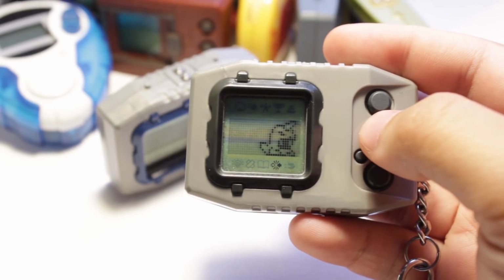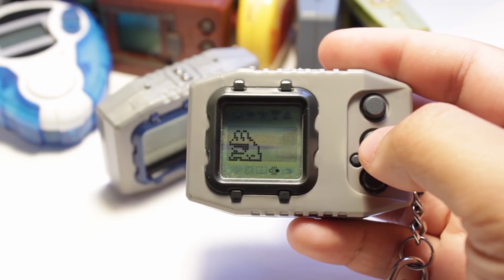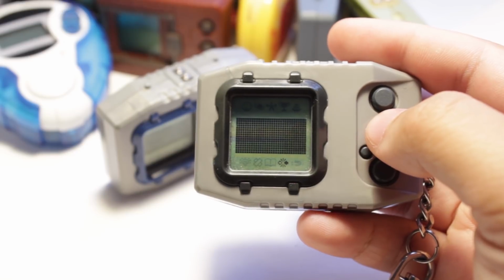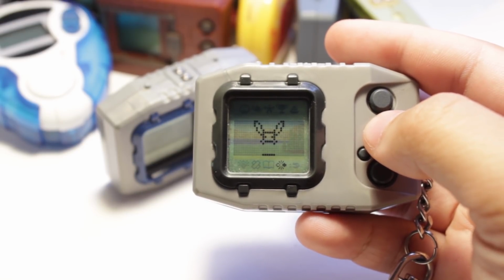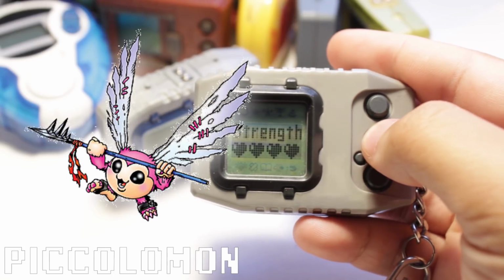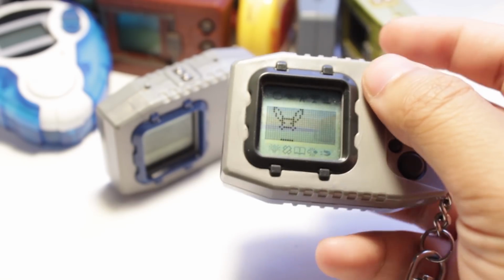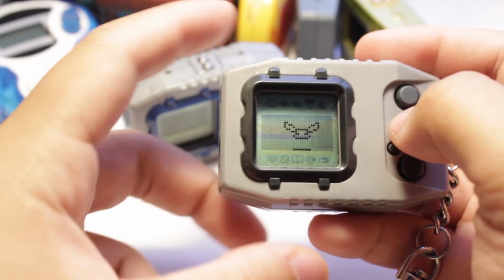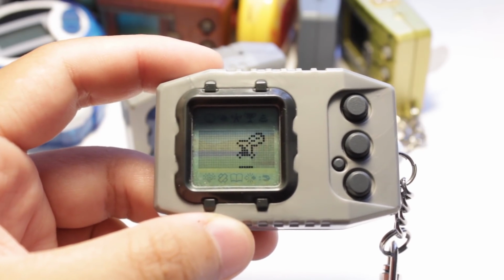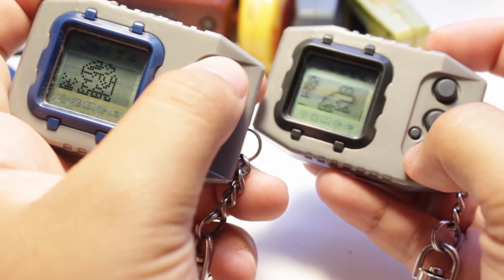I think this is quieter than it usually is. His tongue is... Alright, who's it gonna be? Yay! It's Piccolomon! Piccolomon is really cute in his sprite, but I think he looks disgusting in the show. His actual art, really, is what I should say. It looks disgusting. It's like these giant hands. This looks weird. Okay, alright, so for the other one, we're gonna...